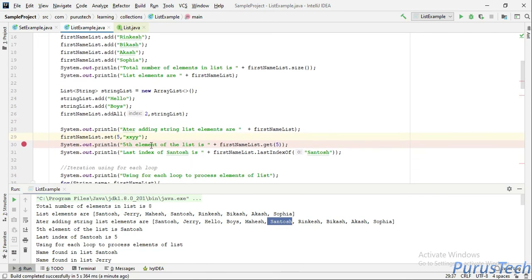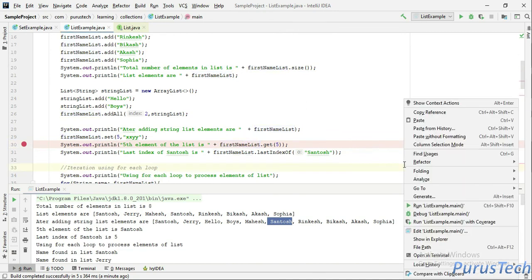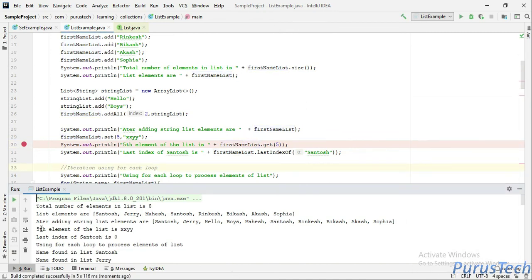So what will it print right now? It will print xxyy. Let's try to run. See here, the fifth element is xxyy. And the last index, before we replaced it, the Santosh value was there and this output was coming as 5. Now it is 0 because we have replaced it with the xxyy value.